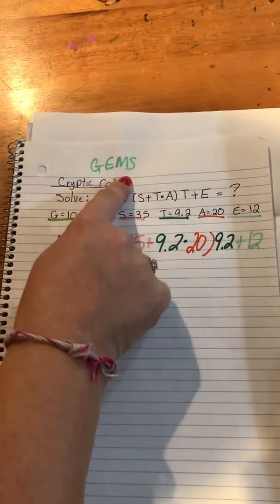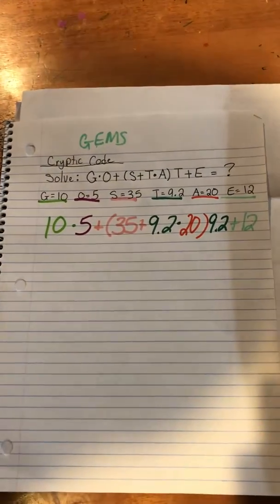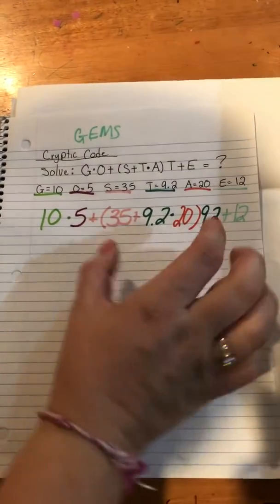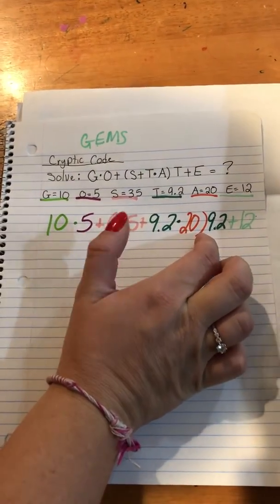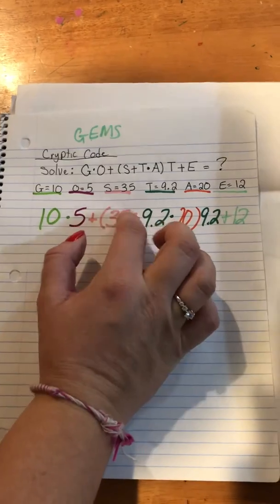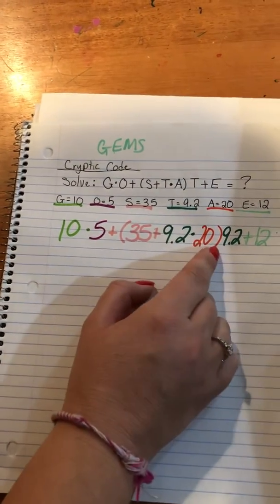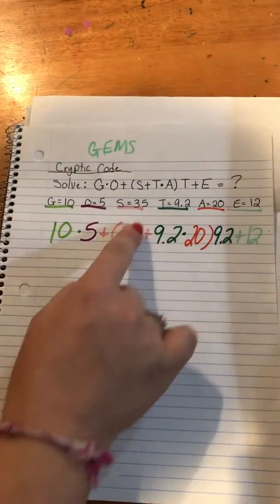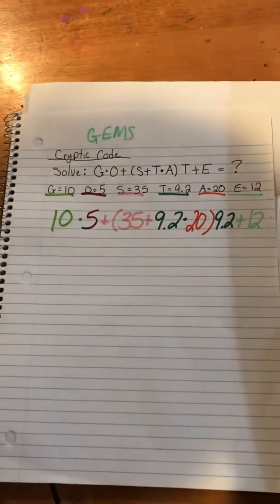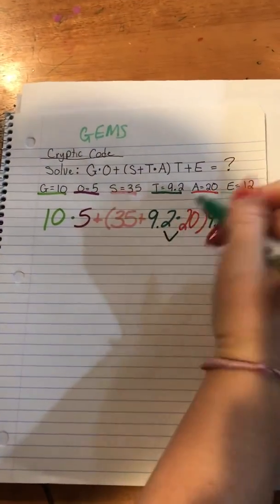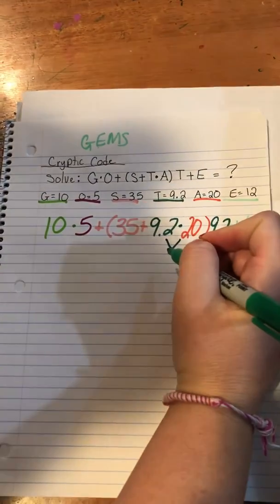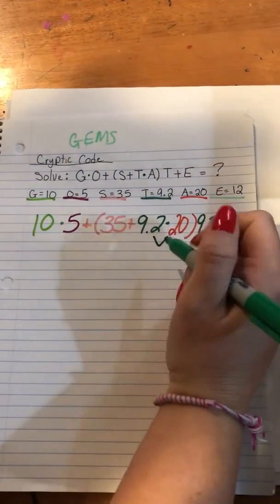But basically this is going to tell us which order to do our problems. So going through, I see I have grouping symbols here. The first grouping symbols, inside the grouping symbol, I have 35 plus 9.2 times 20. So I am going to multiply first. So I have 9.2 times 20, which is